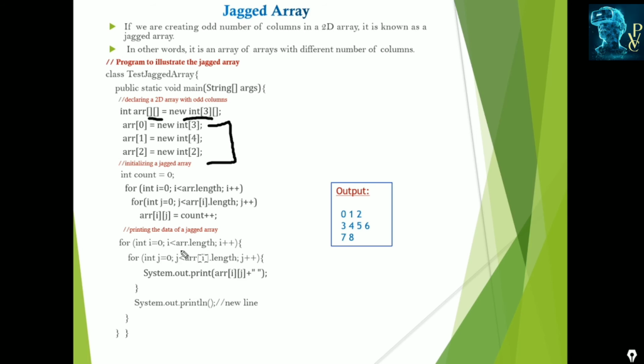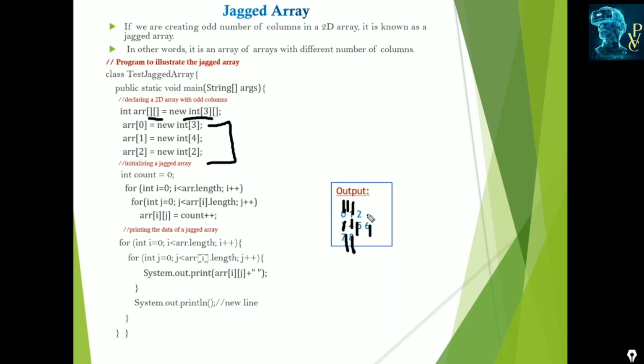For i is equal to 0 to ARR dot length, and for j is equal to 0 to ARR of i dot length, j plus plus, and traversing it displays. This is for the new line. Likewise, this is printed. You observe this. We have 3 rows: first we have 3 columns, 1, 2, and 3. For the second row we have 4 columns. For the third row we have 2 columns, and we assigned 1, 2, 3, 4, 5, 6. Directly we are printing ARR i j, the index positions. So it displays.